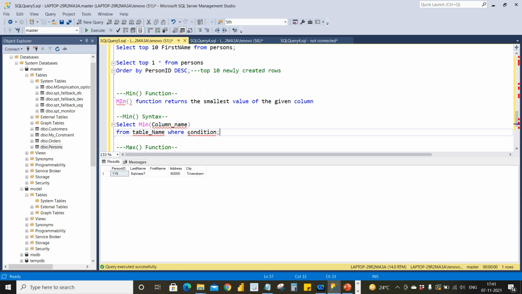It's totally optional, because you are not updating or inserting anything, so you can easily skip this particular where functionality. But if you have some specific thing, then we can mention it.